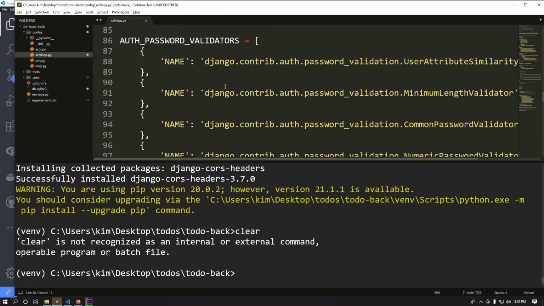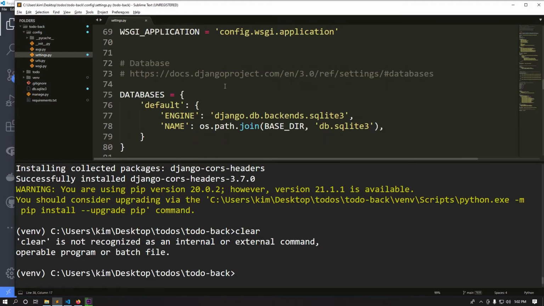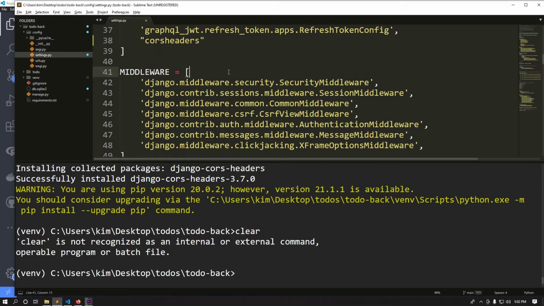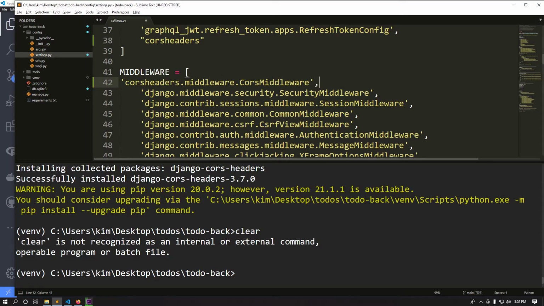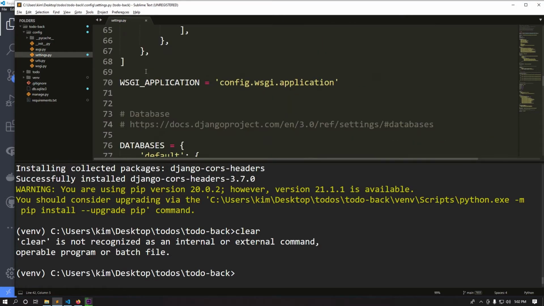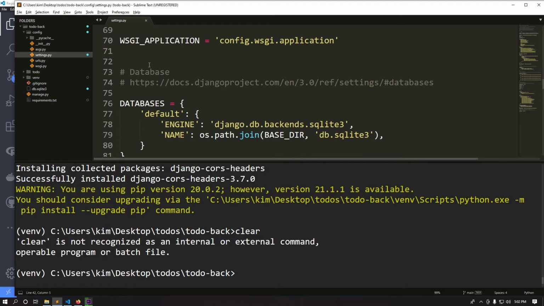So first in your middleware, add the cors headers middleware. You need to do that, corsheaders middleware. You can go check the documentation. So add the cors headers middleware, and then somewhere down, or maybe just somewhere around here, add these. So CORS_HEADERS